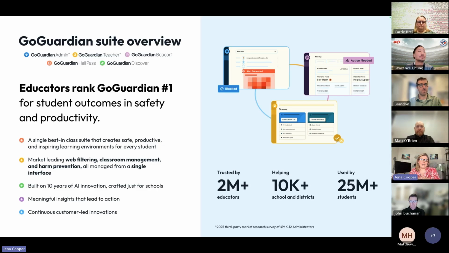But what we've seen as the biggest need in working with CDW, in working with schools in Canada, is this need for these GoGuardian products for classroom management, for content filtering beyond just a firewall, and for that student safety through something like Beacon. And as John talked about, AI is the new word, right? But we've been doing it for 10 years. We called it machine learning for a long time before AI became the word.